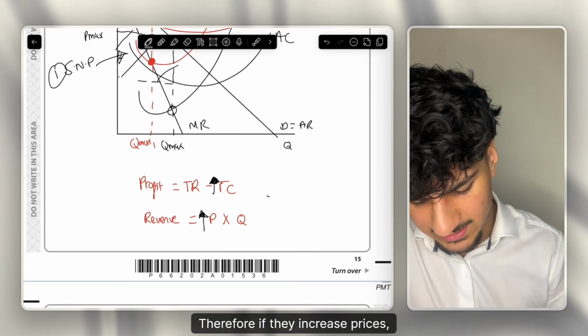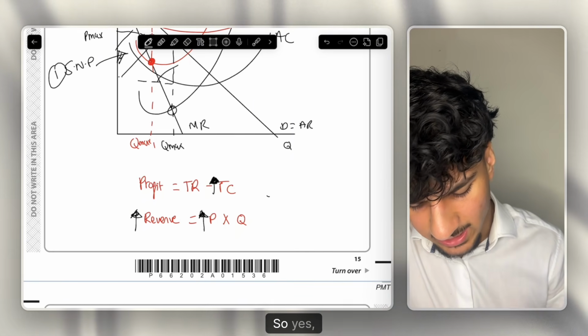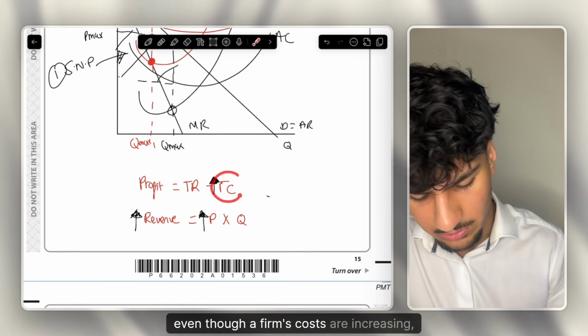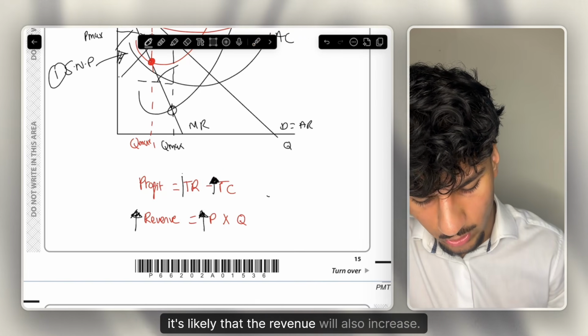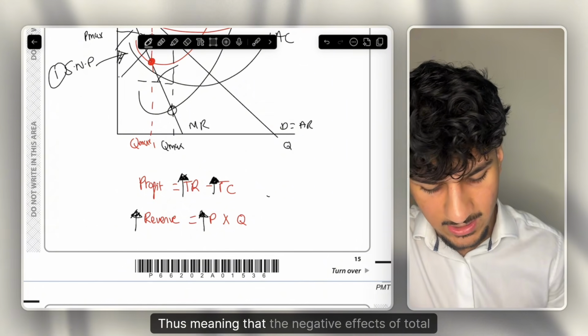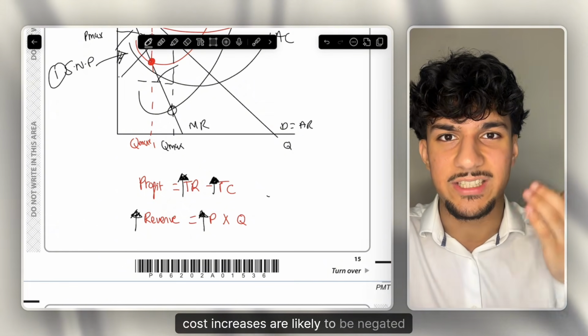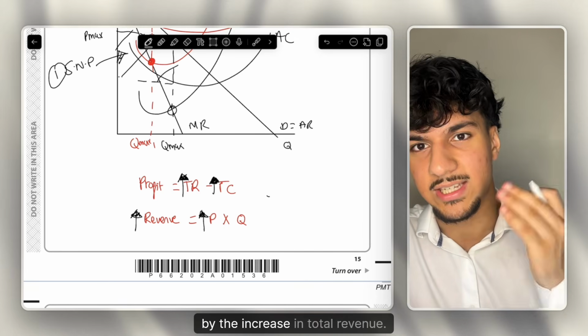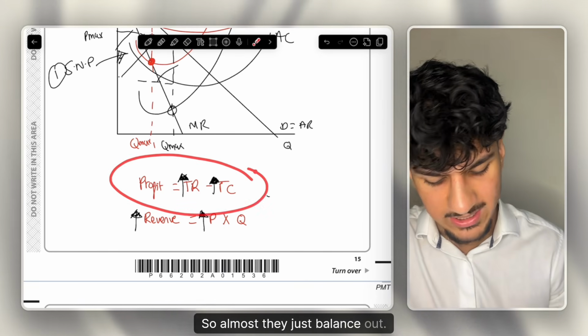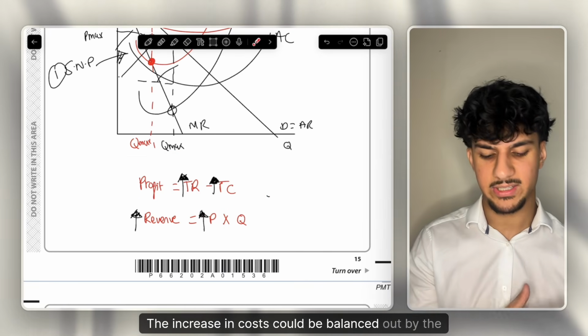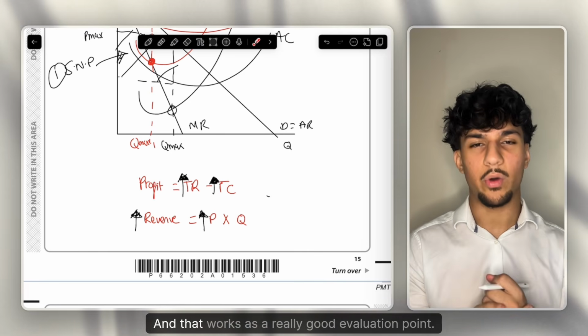Therefore, if they increase prices, their revenue is likely to go up. So yes, even though a firm's costs are increasing, it's likely that the revenue will also increase, thus meaning that the negative effects of total cost increases are likely to be negated by the increase in total revenue. So almost they just balance out. The increase in costs could be balanced out by the increase in revenue, and that works as a really good